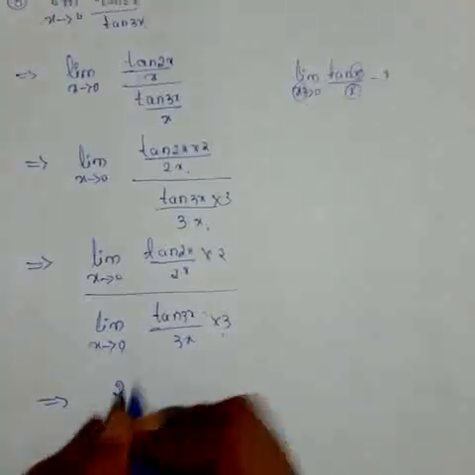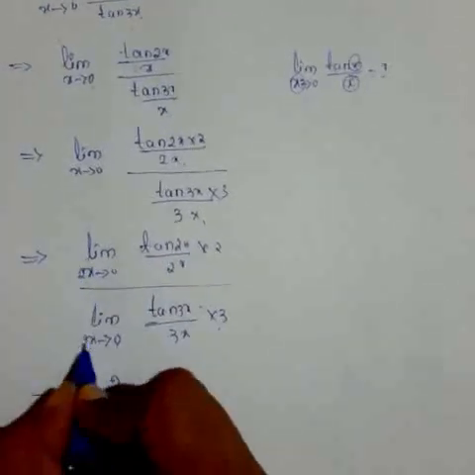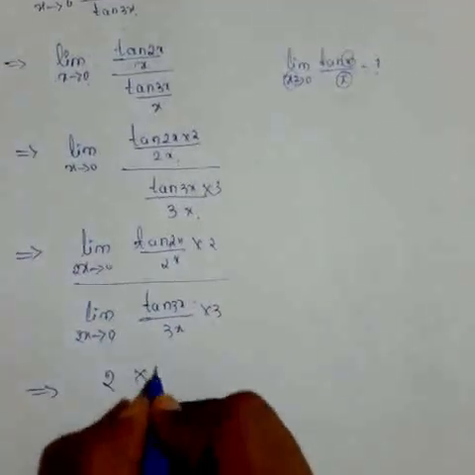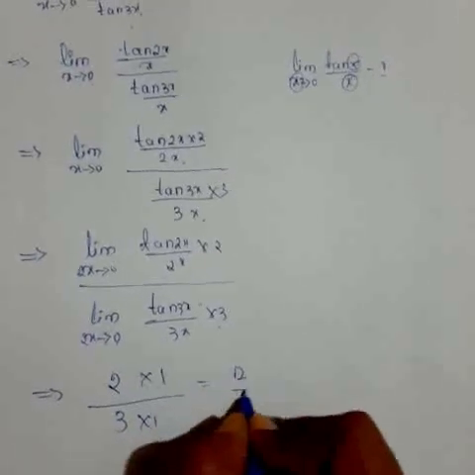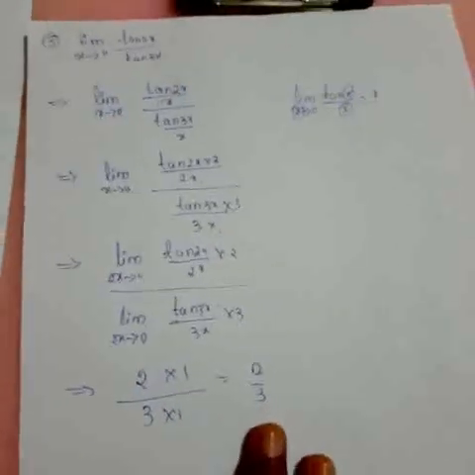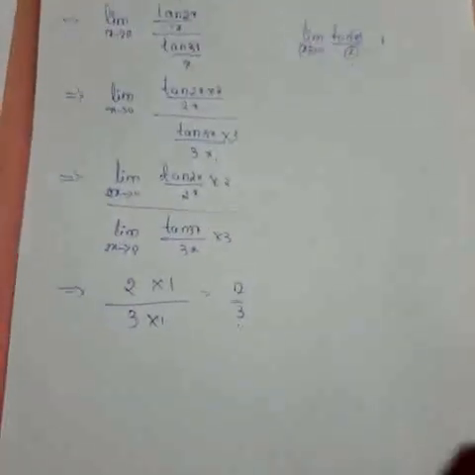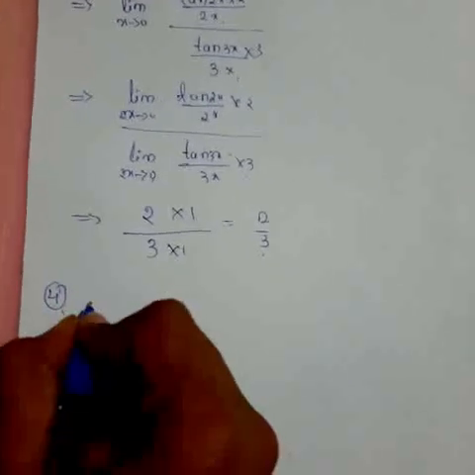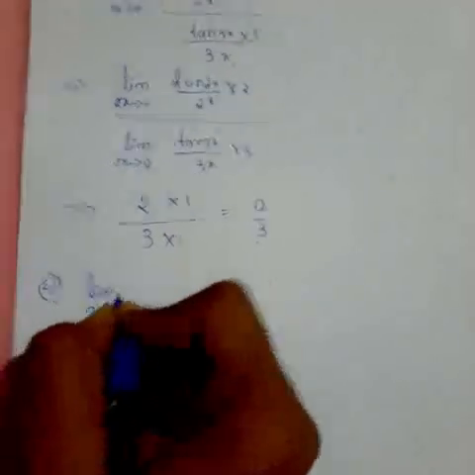Now see, this 2 is a constant, take it outside. Then these two are the same, and this function is 2x only, so this value is 1, the standard value. Take 3 outside, and what do you get here? 2 by 3. Do step by step in your board exam, and in your CET exam do directly. In the next example, limit x is tending to 0,